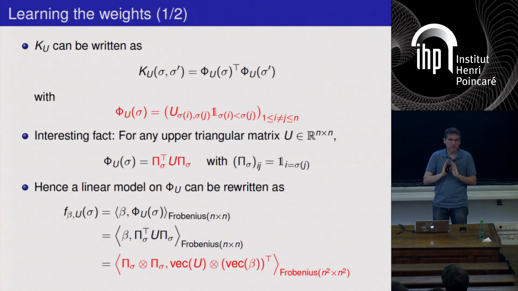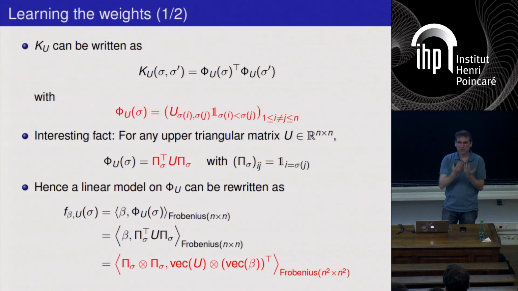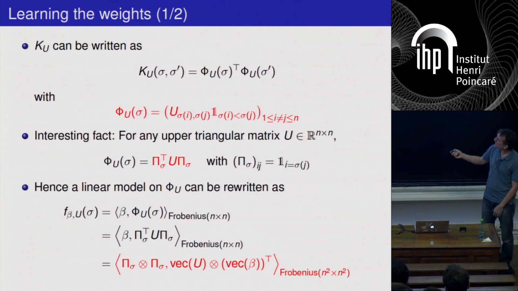It turns out that it's possible, just like in the first part for SUQUAN, to say that the weights can be left as free variables, and you can put the optimization of the weights in your machine learning problem, so that you have an embedding that depends on the weights of the weighted Kendall, and then you optimize the weights so that your linear model fits well. And surprisingly, if you do some math, then you can show that optimizing both the weights and the linear model in this embedding